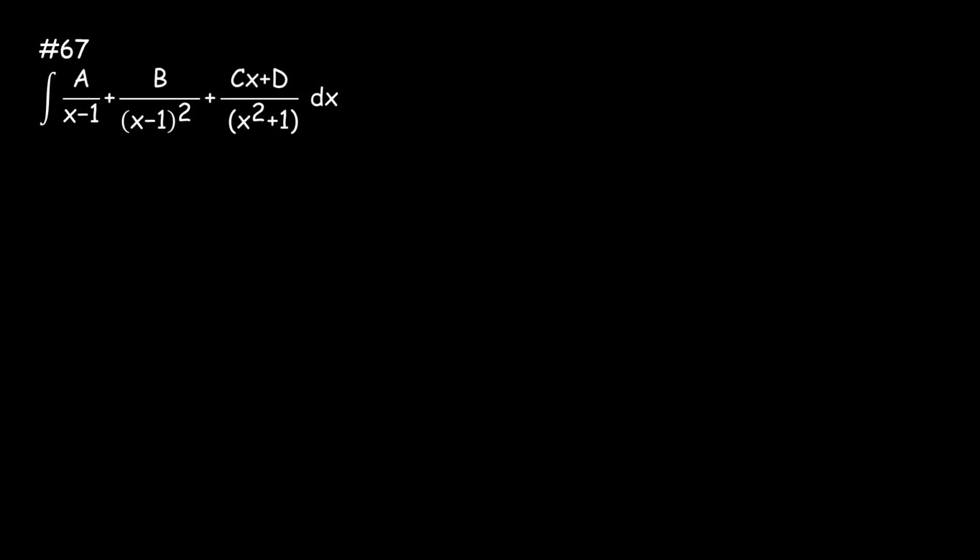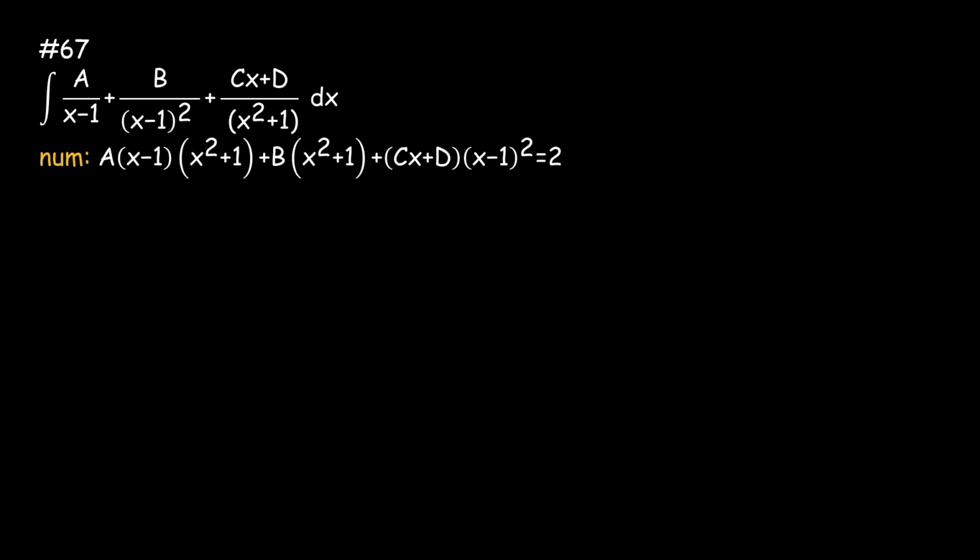Now we have to find the partial fractions by focusing on the numerator, right? So we simplify this by getting the common denominators, cross multiplying where we need to, and we should get something that looks like this. If you're not really sure, I can make a separate video on partial fractions for you. Okay,